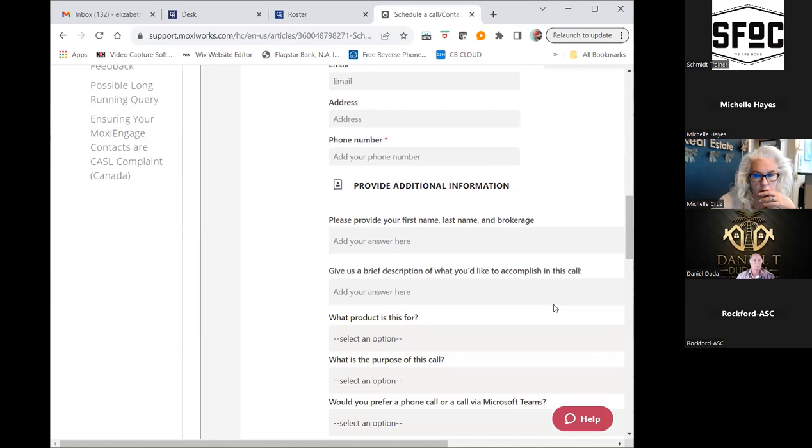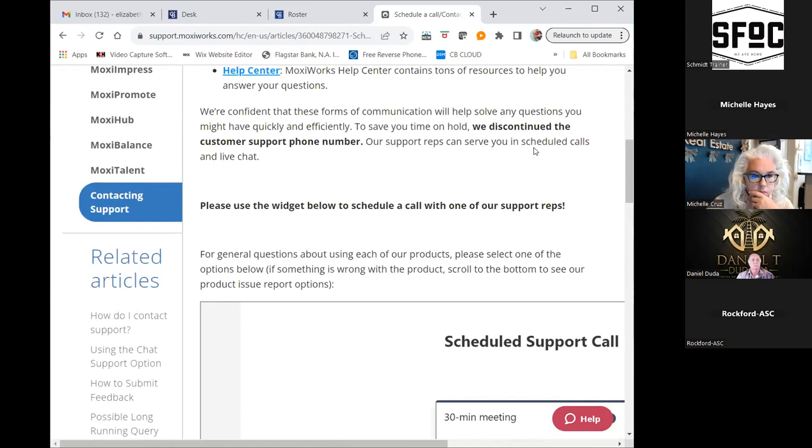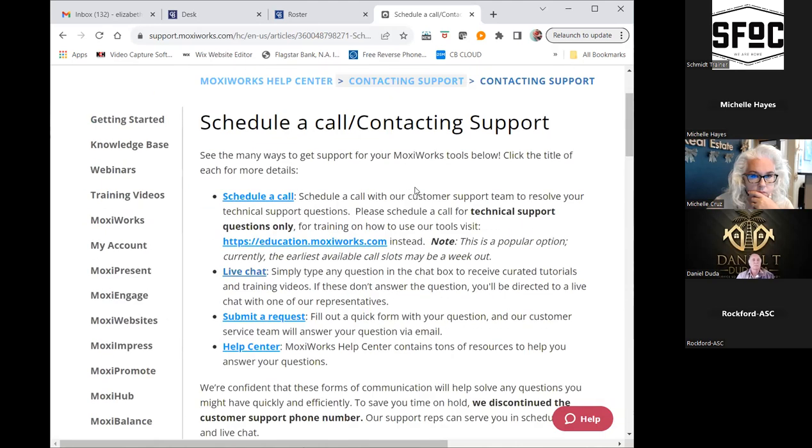Then you'll have it scheduled, and then they will actually email you, and they'll give you information to, let's say, jump onto a Zoom call. If it's something where you want to share your screen and actually show them what's happening, they'll do that live, with a support tech right on the phone with you. And again, worst case scenario, if it's just a bug and they need to look at that, they'll also escalate it for you and create the ticket for you as well. So that's as far as reaching them on a live basis.